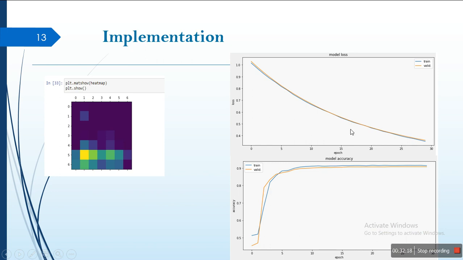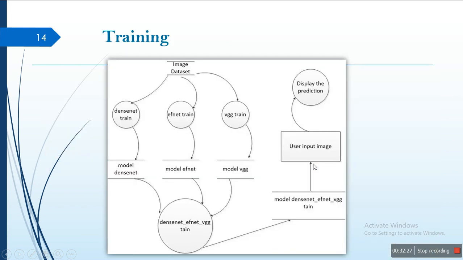This is my heat map, and model loss and model accuracy. Accuracy is going high and loss is going down. You can see here. This is the training part. It took more than 24 hours to train the data. In the testing part,